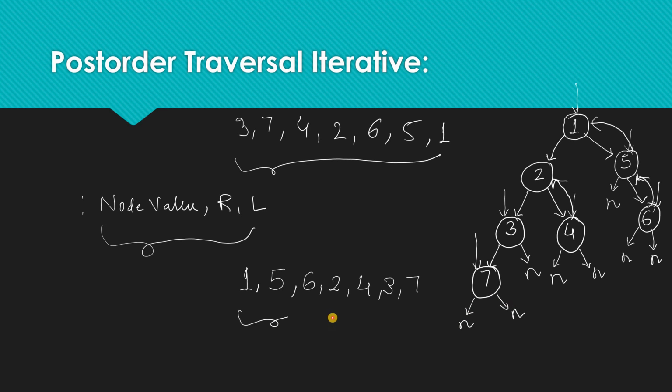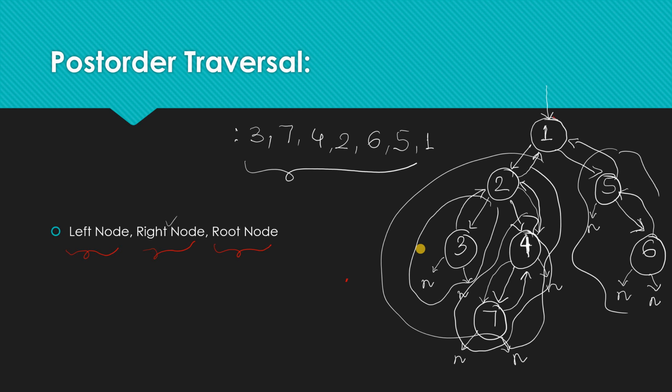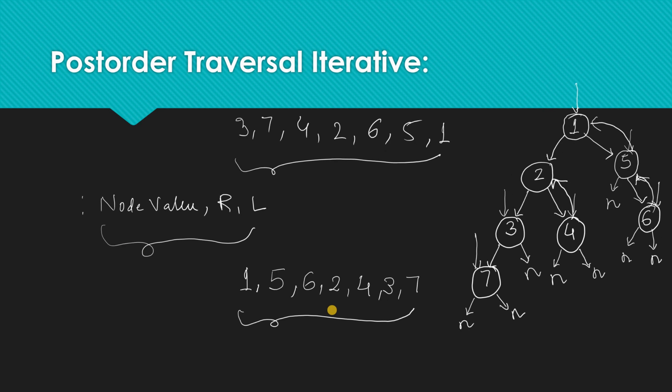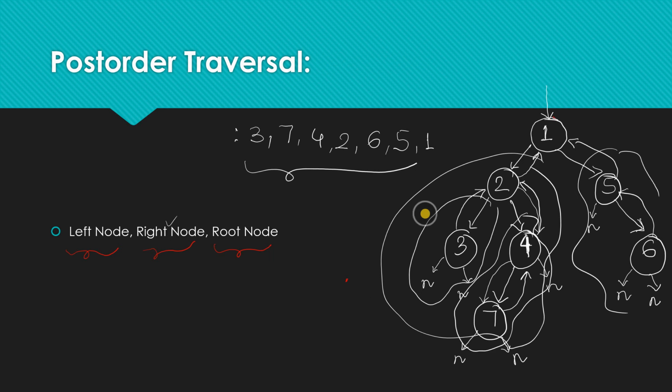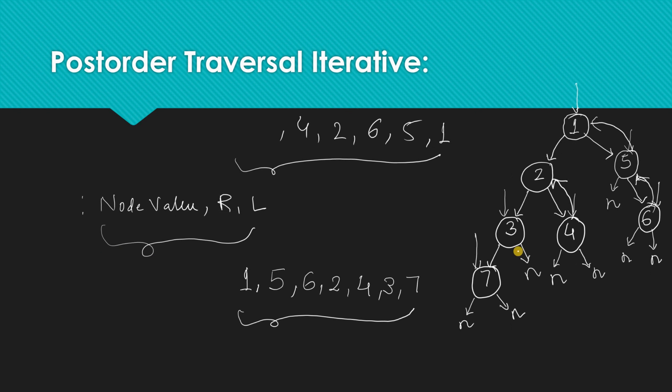So if you see, okay, both of the trees are different. So just let me erase this. So if you see, both of the trees are different. So here 7 is the child of 4, but here 7 is the child of 3. So our post-order traversal sequence will be this, right? So now if you compare both of these,